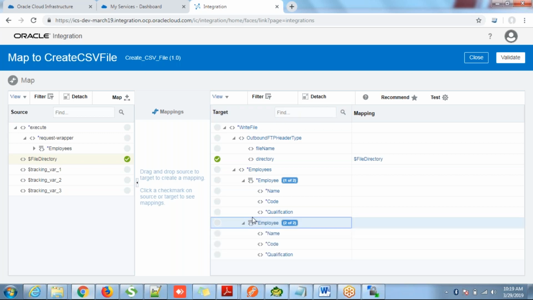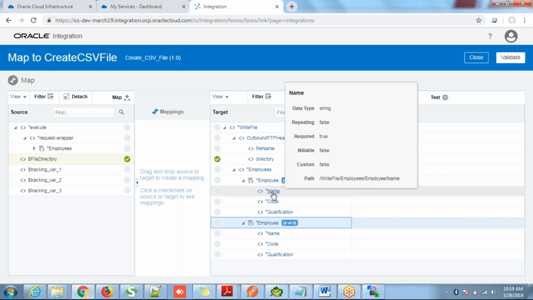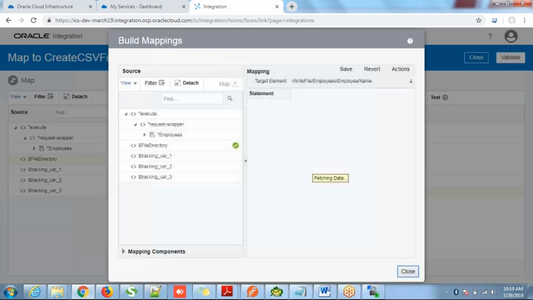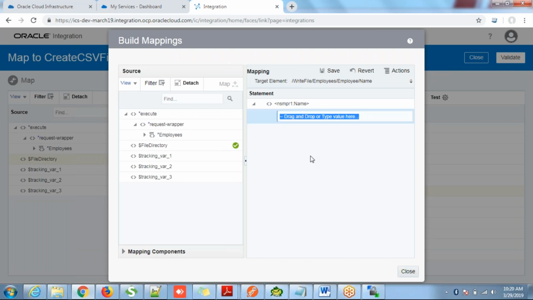You see, it is the same element, right? So here what I will do, on the first element, click on this name. Here I will give some value, like name, or I can give it as EMP name. Save,